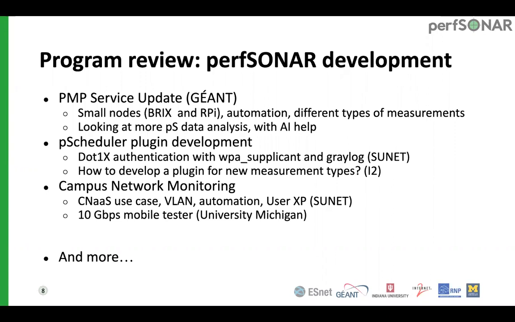And then Mark Feit, an Internet2 perfSONAR developer, presented a guide and a software development toolkit to help you develop new plugins for pScheduler. Then we had some more presentation about development and a specific use case that relates to campus network monitoring, again by SUNET, where they explained how they used this 802.1X authentication plugin they developed,